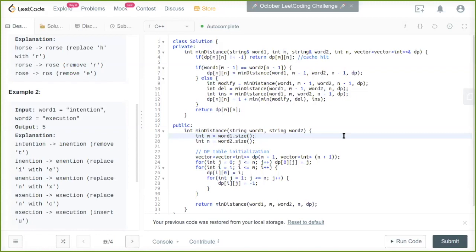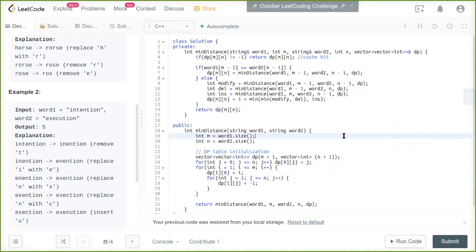That's why this part of the code is going to be executed only mn number of times. Why? Because there are only m times n entries that are -1, and once you come here, it's going to be assigned some value which is not -1, so we are not going to come into this because of this condition. So the overall time complexity is going to be big O of mn, and space also big O of mn for the table. We also need space for the stack, which is going to be big O of m plus n, right?